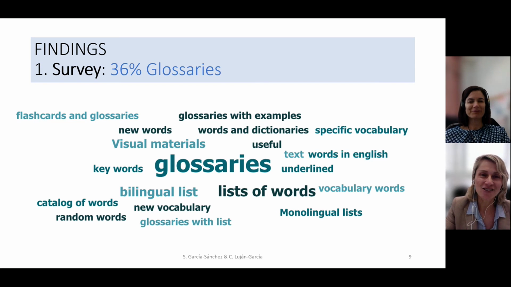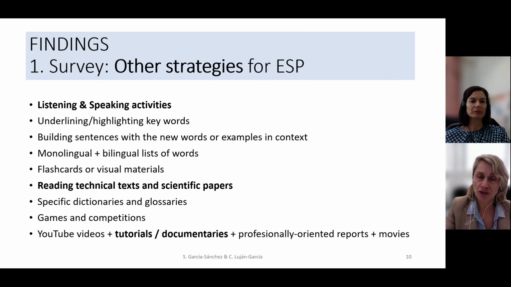the results suggest that the online glossaries are really the first strategy that students used. So 36% of the respondents consider the glossaries as the most common strategy for them, followed by a list of words and also visual materials. In relation to the other strategies that students added as extra, and we did not include